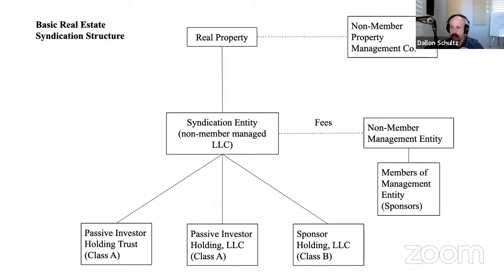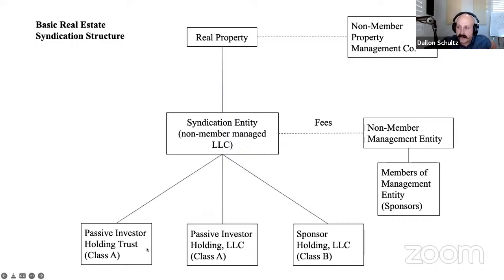And as a passive investor, it's good to recognize and be aware of this structure. Even though you're not going to be the one putting it together, this is something the sponsorship team or the general partners do. And that's another note too. You'll hear GPs, LPs kind of used incorrectly, just because that's the jargon and the language. So even in this case, when you're using LLCs, you've got the sponsors down here that are part of the members of the management entity. You might very likely hear them referred to as the GPs. And then over here, the Class A membership units, you might very likely hear that be referred to as LPs. So just be aware of that as you're vetting these deals and getting familiar with the jargon.